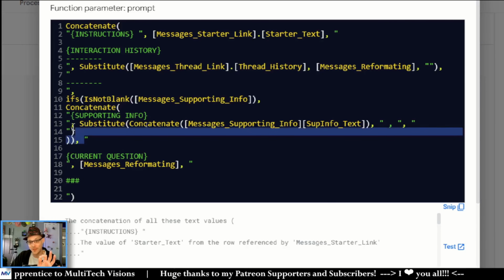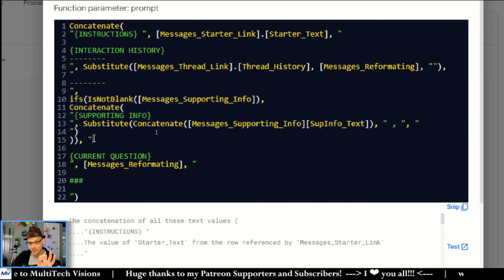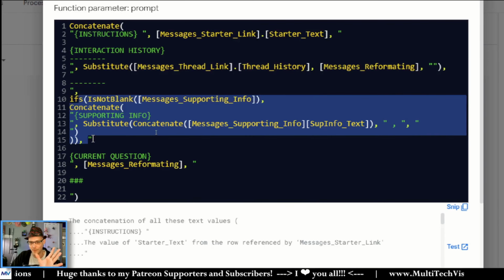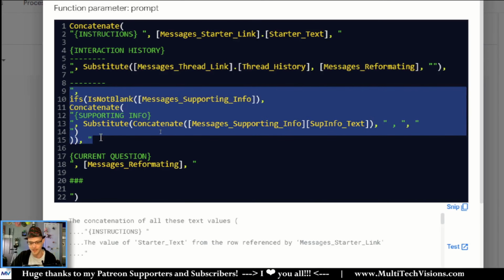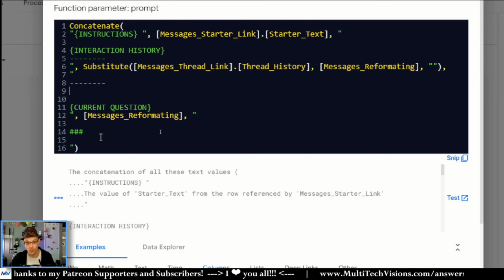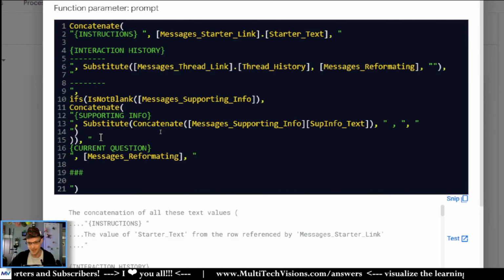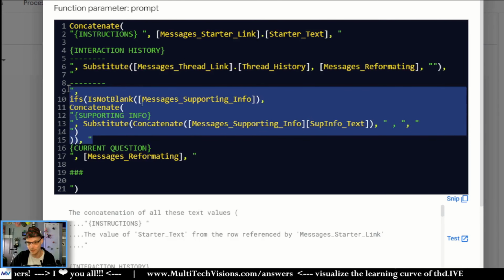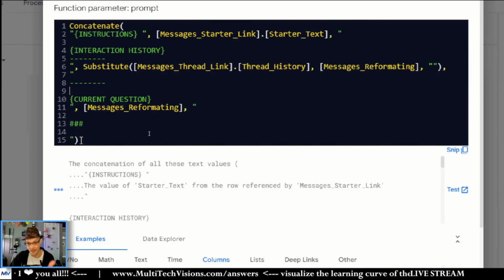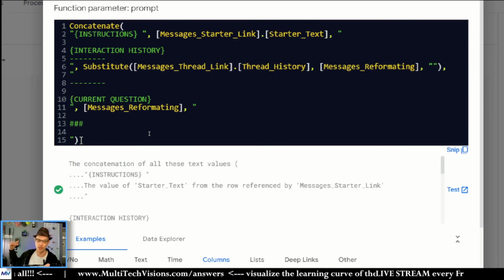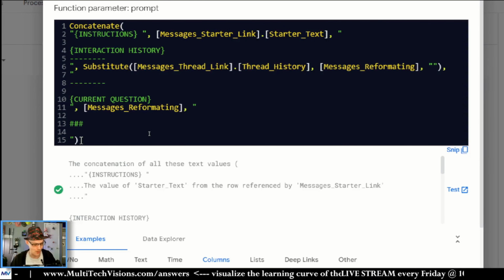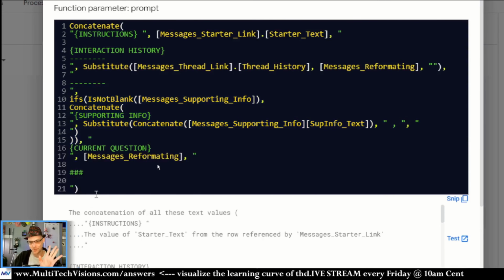All right, so now if this doesn't exist, then this quote and this quote are right next to each other. We can preview what that would look like by coming here and hitting delete. So this is what it will look like otherwise. All right, so I want to get rid of one of these extra line breaks. So like that. Okay. Now if I preview what this will look like, I come here, delete that. That's what it'll look like if there is no supporting info. And this is exactly how I want it to be. Perfect. All right. So now this